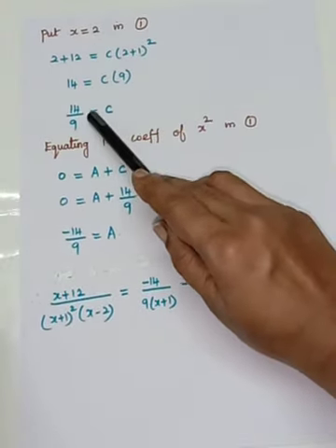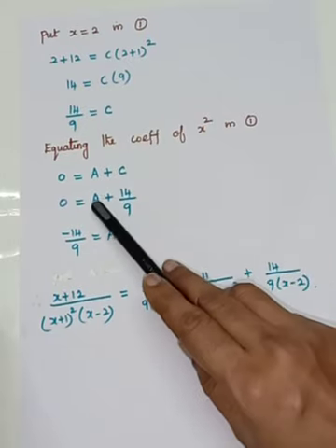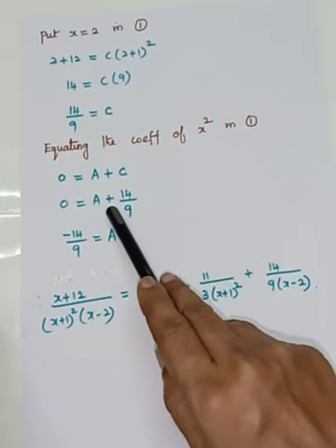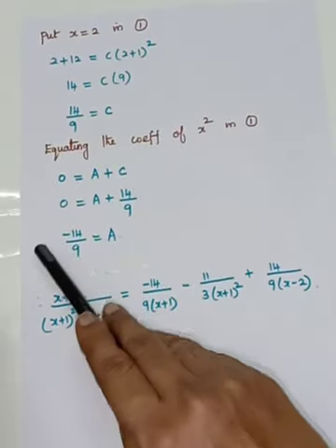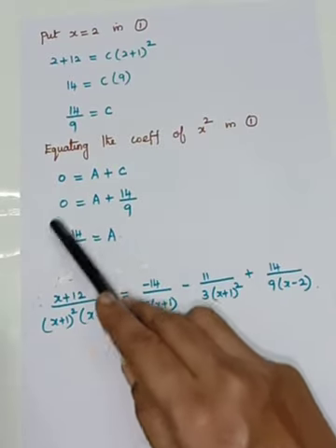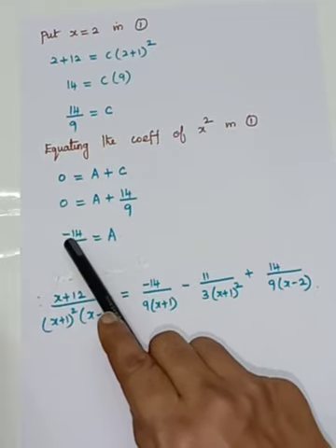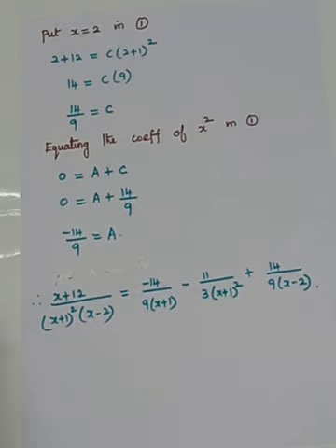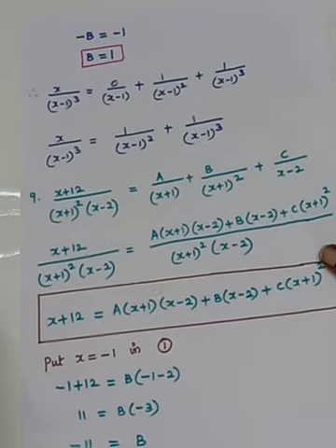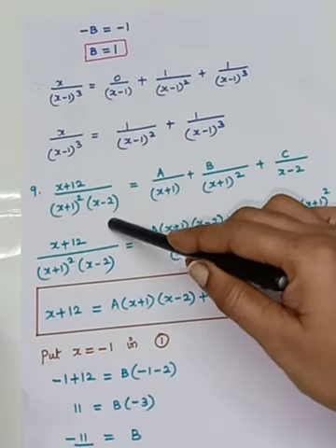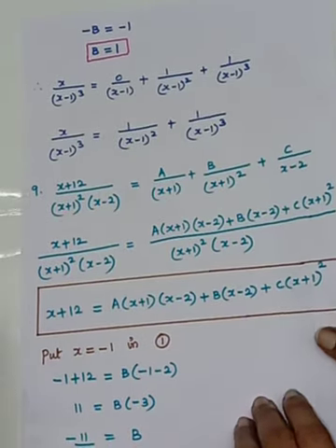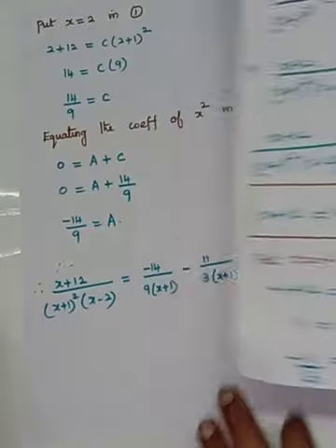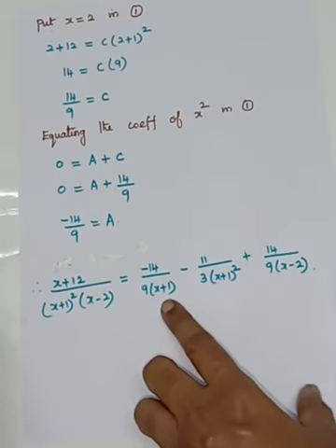So see, we have found c, what is it? 14 by 9. You look at your a and 14 by 9, in between what are you having? Plus. So when you take it to the next side, it will come as minus. So 0 minus 14 by 9. So the answer is minus 14 by 9. So a we have found, b and c were already found. So we have to substitute in the first step of your problem. What is the first step? You see that this is your first step. So what is a? A we have found as minus 14 by 9. So I have substituted.